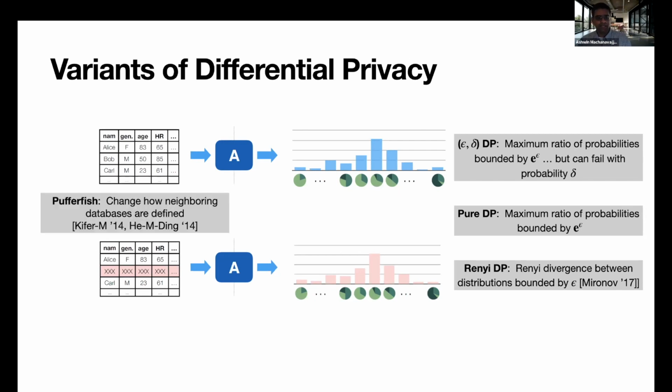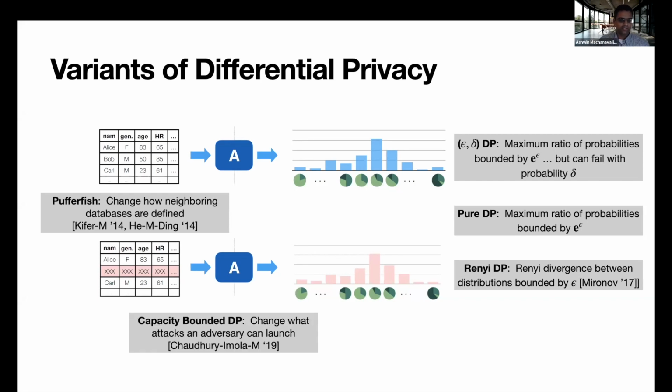But you can also change how you set up this definition in terms of what your privacy object is. Whose privacy are you guaranteeing? For example, you could have a data set where each row is an individual, where the standard notion of privacy makes sense. You could have a data set where each person may generate many rows, like a single patient who may have many visits. And so you can change how neighboring databases are set up, and then you have different definitions there.